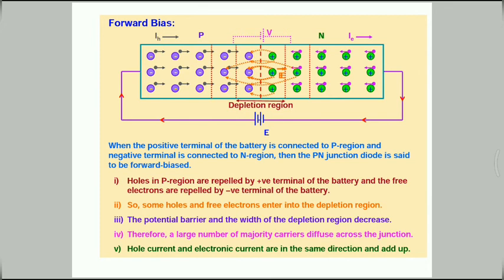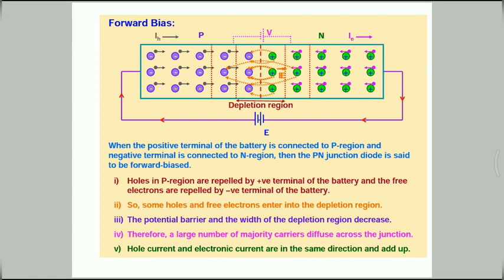In this situation, the forward voltage opposes the potential barrier, due to which both the potential barrier and the width of the depletion layer decrease. Under the effect of the external electric field, holes in the p region and electrons in the n region both move towards the junction. These holes and electrons mutually combine just near the junction and cease to exist.